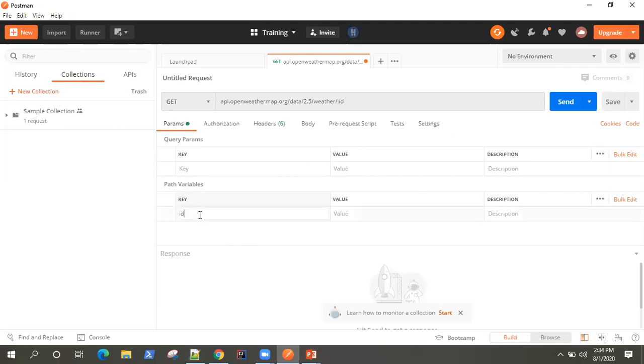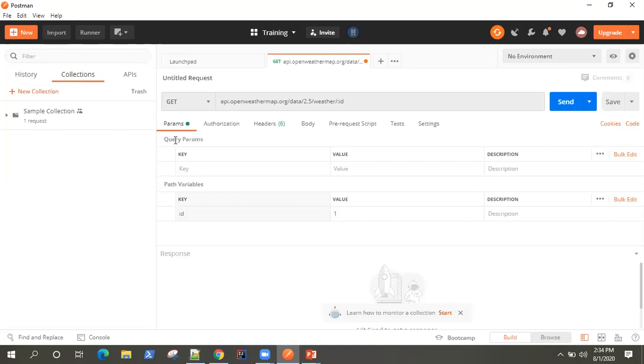It consists of a key and value pair. You can enter any path variable here, but that should depend on your API. If it is accepting any path variable, you can enter it. So this is how you can enter a path variable, okay? Now, what's the difference between query parameters and path variables?